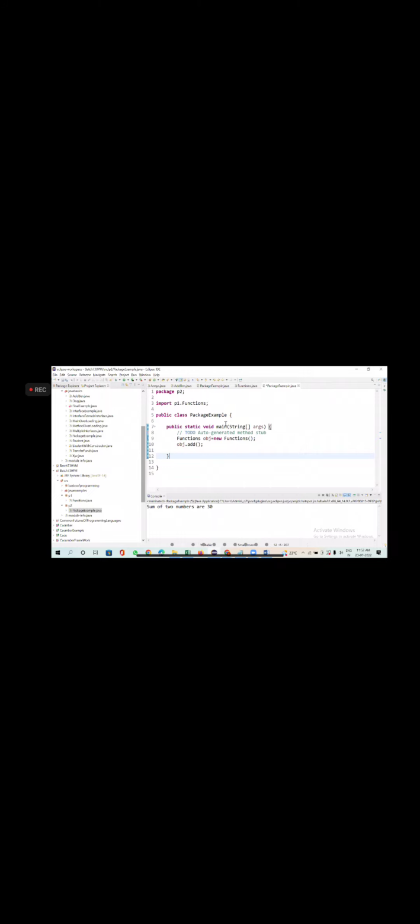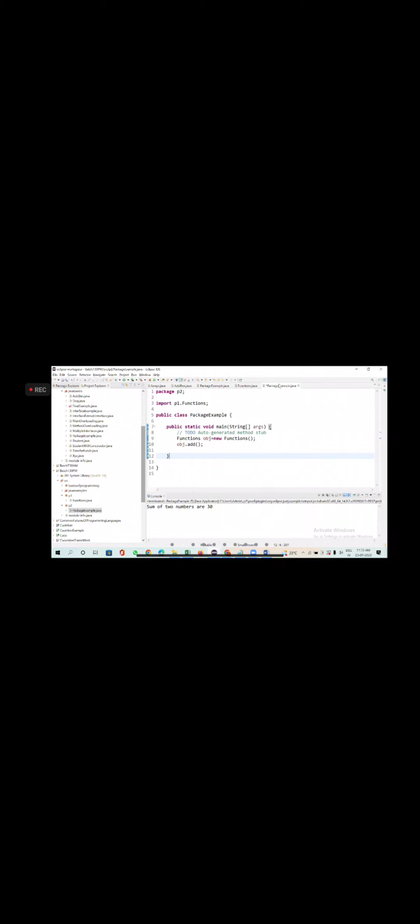The concept is very simple. You have package 1. It has some classes or interfaces. You have package 2. It also has some classes and interfaces. These two are different packages. Now I want to use package 1 classes in package 2. Which class do you want to use from package 1? For example, Arrays. That is coming from package 1. So I'll go to package 2 and say import package 1 dot Arrays. It will give you access to it.